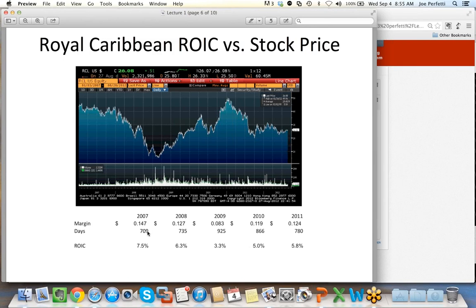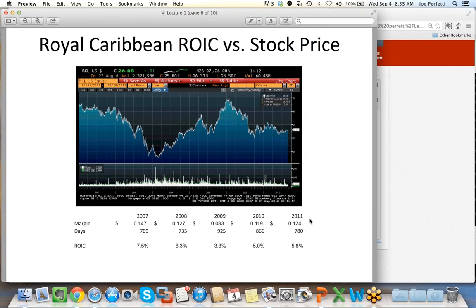So again, margin and cycle time annualized 7.5%. So for example, in 2007, Royal Caribbean Cruise Line made almost a 15-cent per dollar of revenue profit margin. It took them 709 days to do that on average, based on turning a dollar of investment into a dollar of revenue, which means on an annualized basis, they made 7.5 cents of return on invested capital. So for every dollar of borrowed money, invested capital that they invest in their business, they generate about 7.5 cents